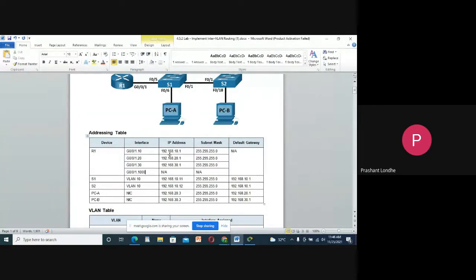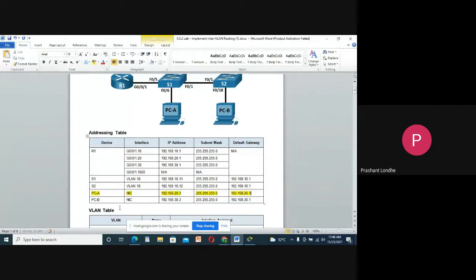As of now, I will not set these IP addresses because I need to create the virtual network first. Once I create it, I can assign the IP addresses in R1. So I will not do any setting on S1 as of now. I will shift directly to PCA and PCB, that is PC0 and PC1.